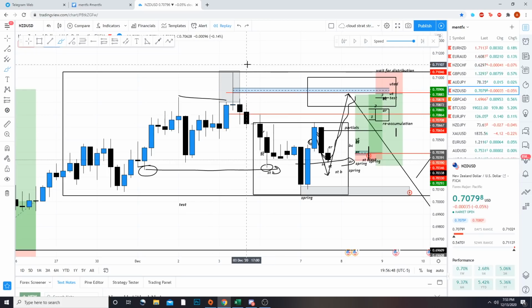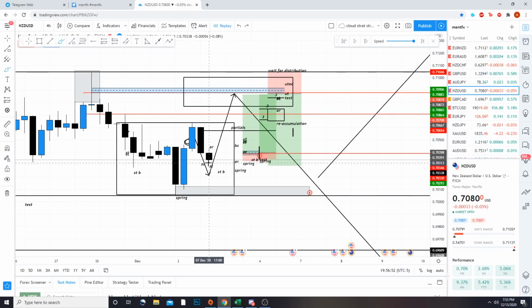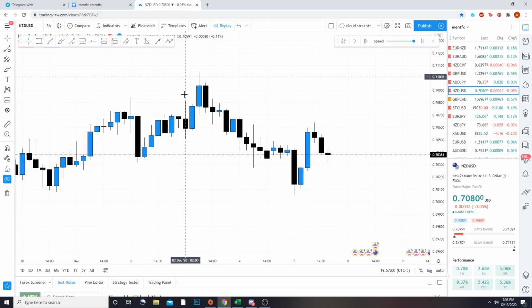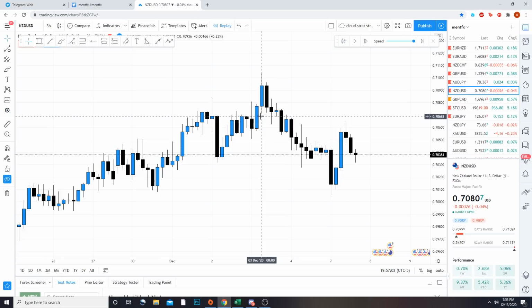Now again, the order block doesn't look perfect here, but notice what happens when we clear all this. We can see this order block very easily. This one doesn't look that easy to spot, but notice what happens when we jump on a 3-hour. Very easy to spot now. Here's your up move through all these highs, the form of the liquidity. Here's your move down, and now here's your move down through that liquidity, sorry. Here's your move up, leaving this imbalance.